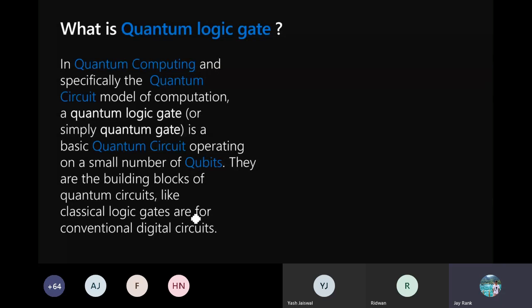If we are dealing with simulation on a classical computer, rest it's fine. If you have a quantum computer at home, you can use thousands of qubits at a single time to process. But if you are using a classical computer and you are simulating qubits, you have to make sure that you use just at max 4 or 5 qubits.